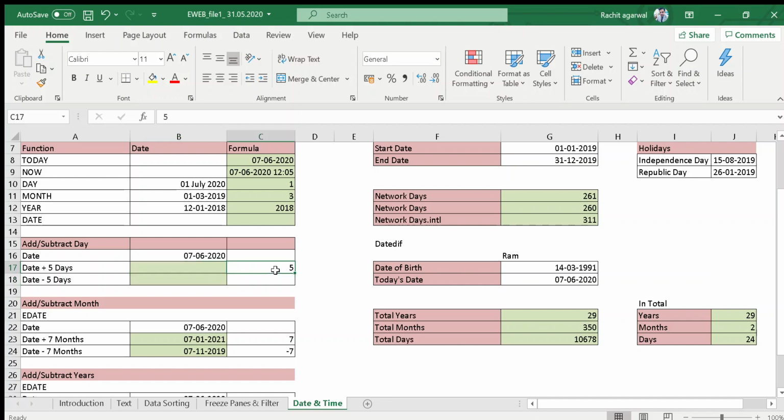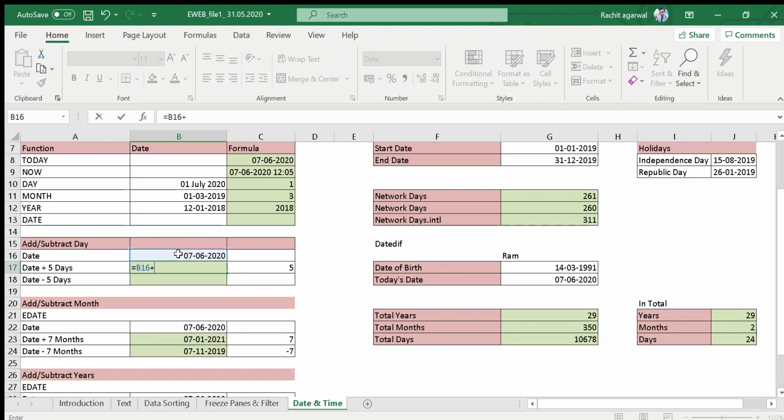Let's say I have decided 5 days after today, so you can simply use the sum formula, this one. So I have selected today's date plus 5, because 5 is our criteria, and press the enter key. You will get the 5 days after today. Equals today's date minus 5, you will get the 5 days before today.